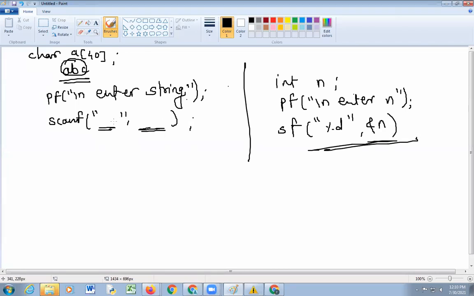Similarly, here you write %c and A. A is an array, so here A of i. In the previous program I told you that %c is used for a single character, and here ABC is not a single character, it is a string.